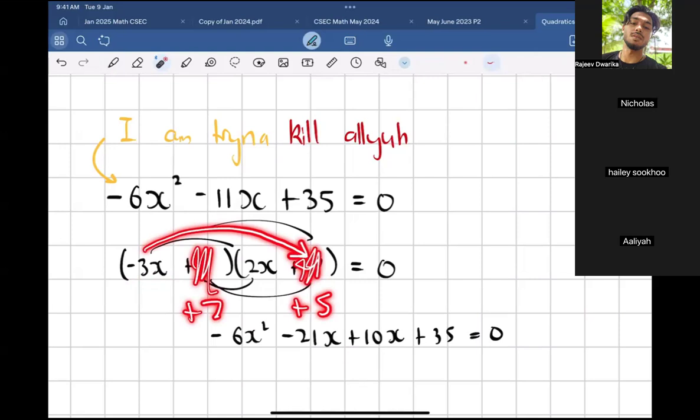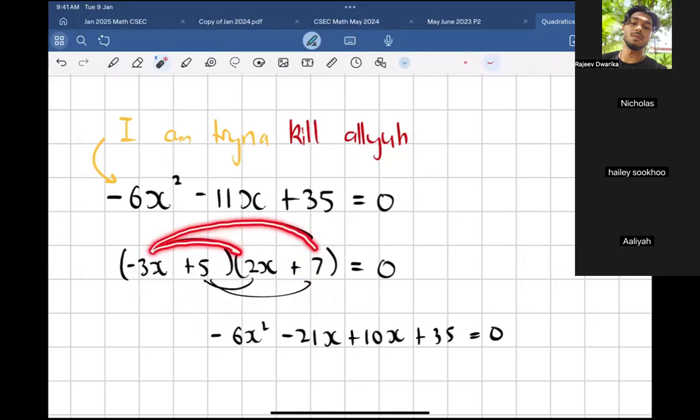Keely, did I confuse you? Are you hearing me? Yeah, a little bit. I don't know where the reference was from. Okay, hold on. When we expanded, we take the first term and multiply by the two terms, the second term multiplied by the two terms. What I'm saying is, if our middle term is negative, that means somewhere we had to get a